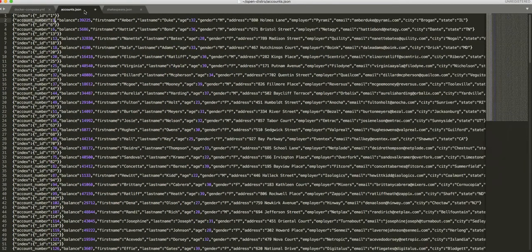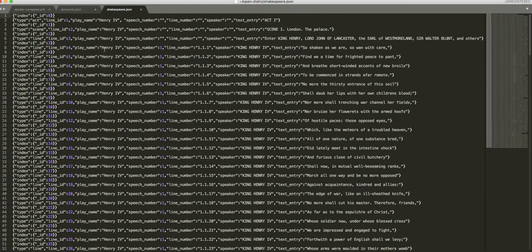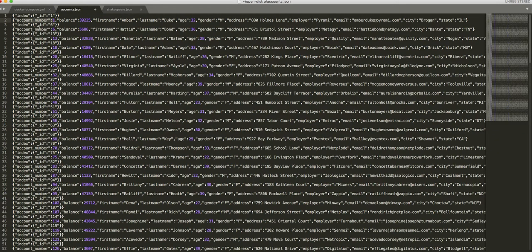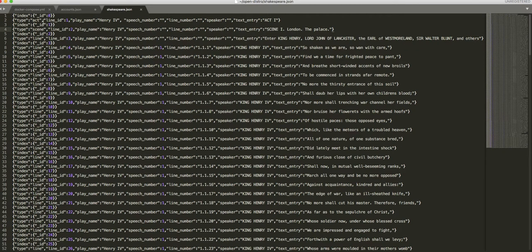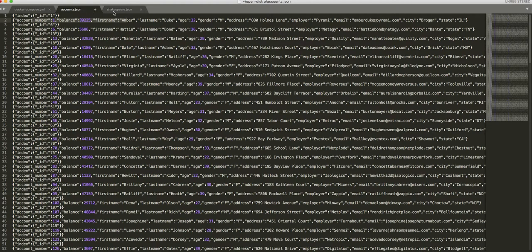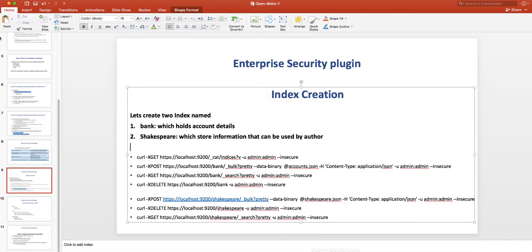I have two files for this. This is the account JSON for the bank index, and this is the Shakespeare JSON for the Shakespeare index. I have all the details regarding accounts in one, and all the details regarding play names and everything regarding Shakespeare in the other. I'll be creating the indexes using these two files.